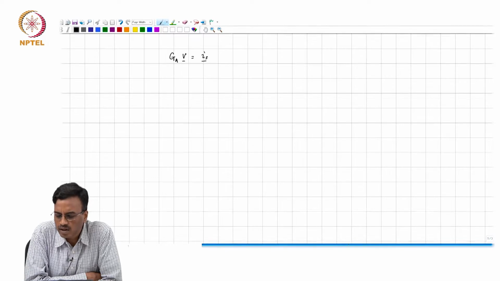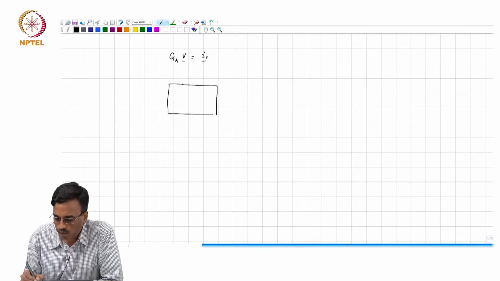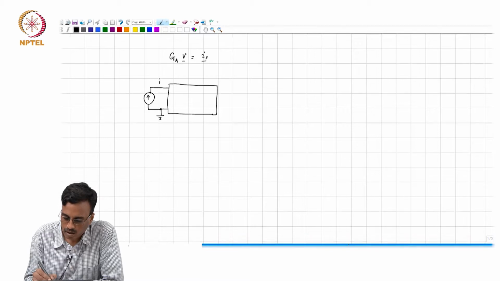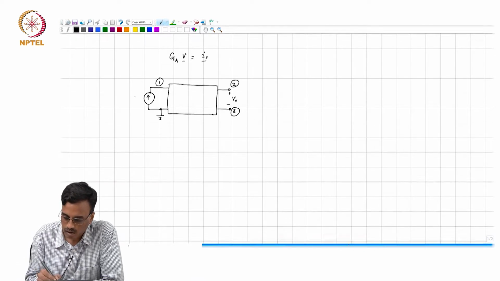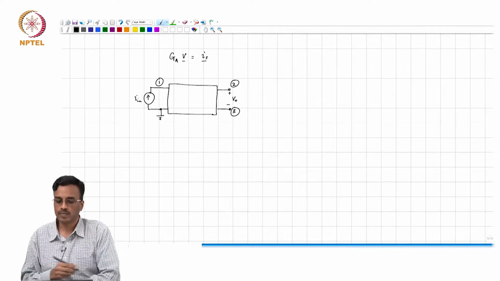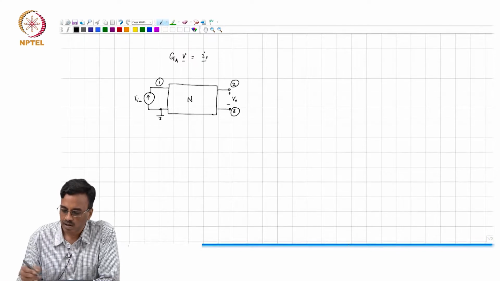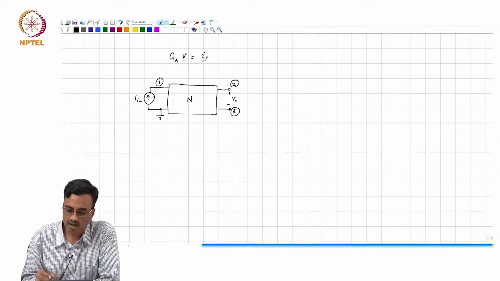And we saw that when we work with reciprocity, one way of looking at it is, we saw that for the case of a current excitation and a voltage output, I believe, what we do is simply recognize that when we write these equations, what we are doing is injecting a current into node 1.